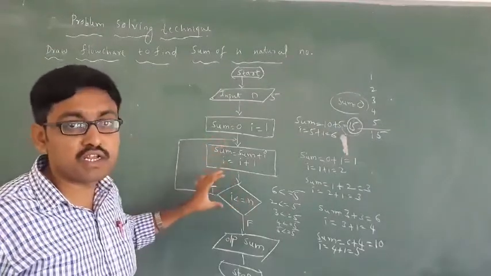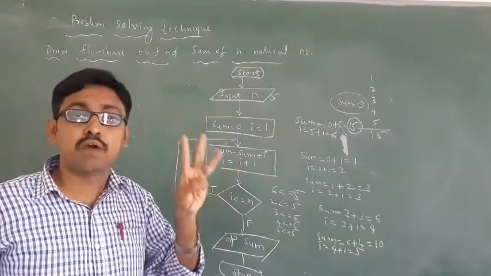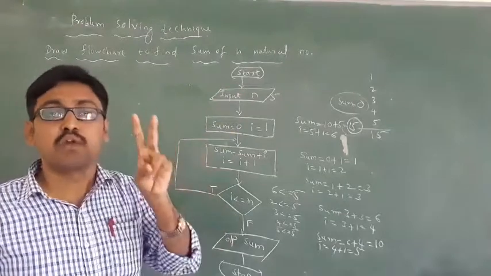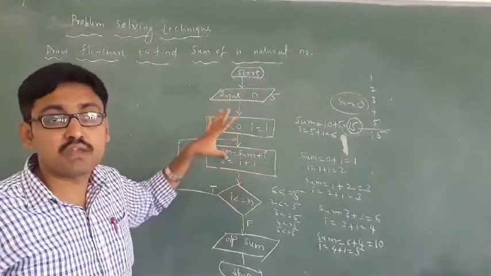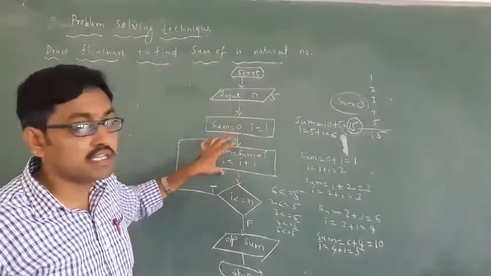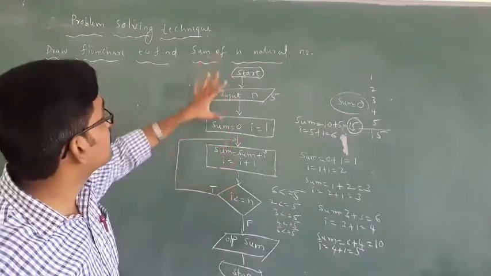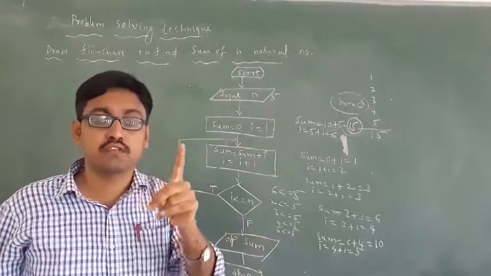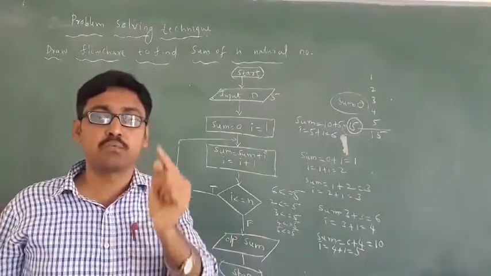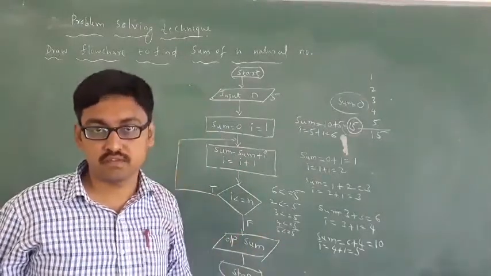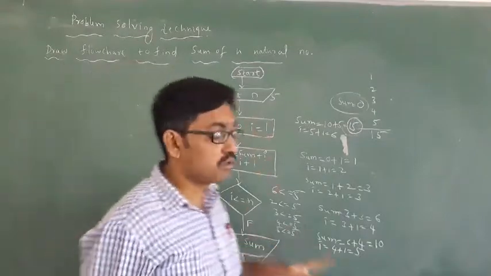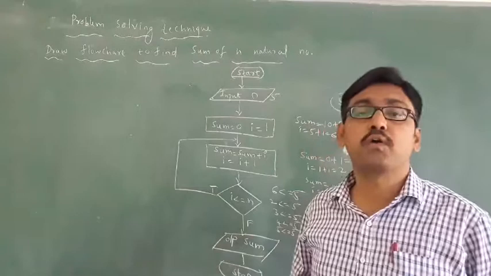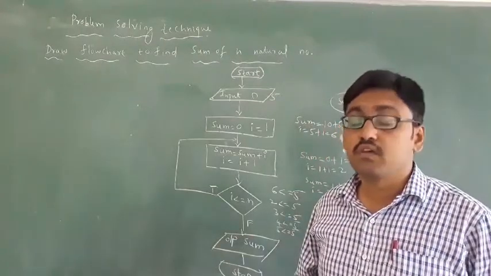If you write these two neatly, you are getting 3 marks. For input you get 1 mark, and for output you get 1 mark. This is very, very important. You have to remember these formulas. This is how to find the sum of n natural numbers. If you give 1000 numbers, the computer automatically gives the correct answer. Got it? This is how to solve this problem using the algorithm and flow chart.